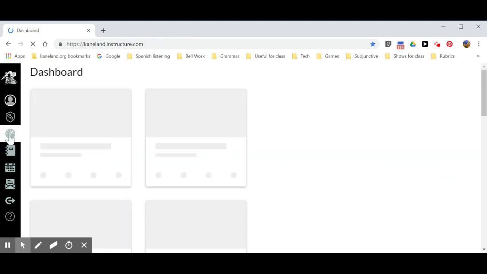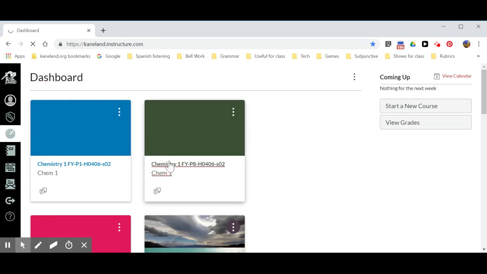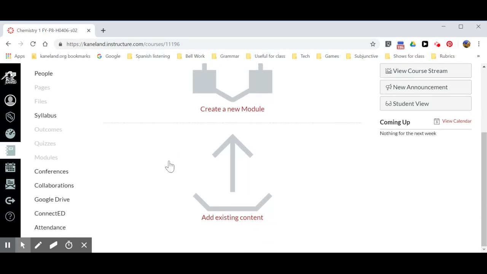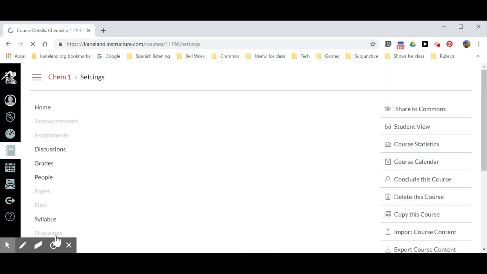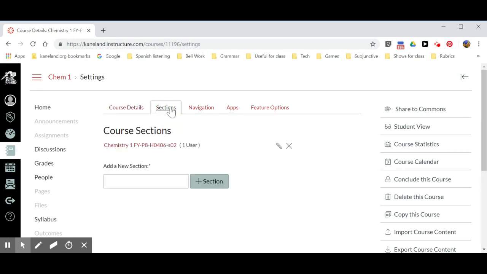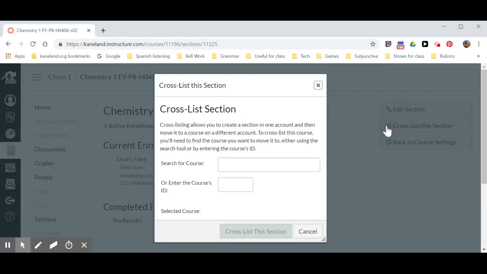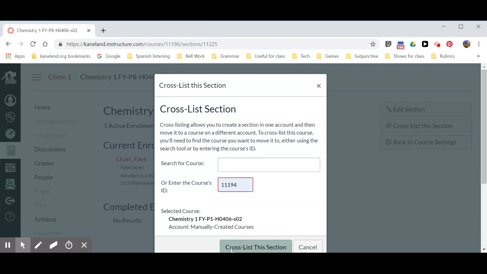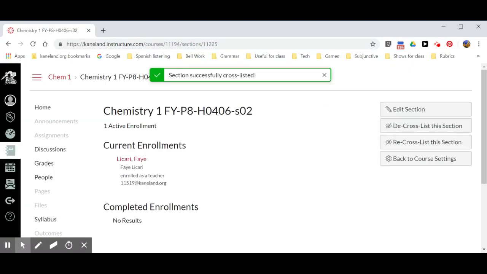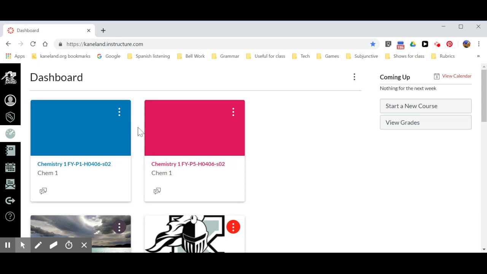I'm going to repeat this process for each of the courses that I'd like to move into this Period 1 folder. Clicking on the course shell, scrolling down to the settings, clicking on the Sections section, following the hyperlink of the section that I'd like to move, scrolling over to cross-list the section into the course ID of my parent course. Cross-list this section, I get my successful message. I follow over here to the dashboard to double check, and sure enough, my Period 8 has moved into my Period 1 shell. I'm going to go ahead and cross-list my last section,